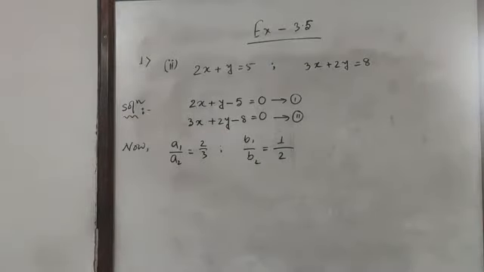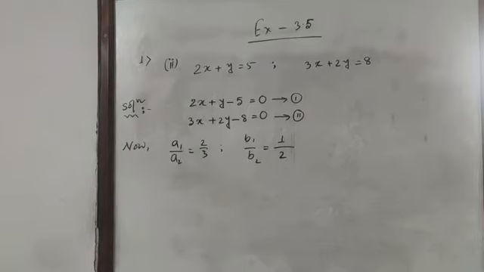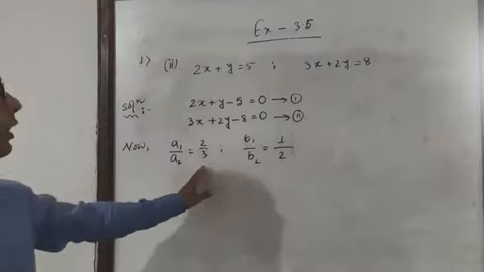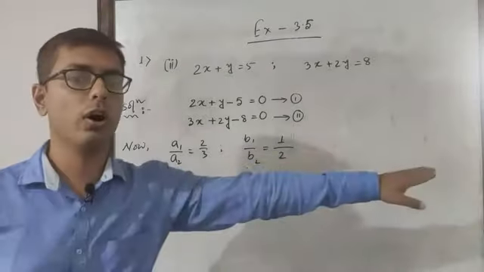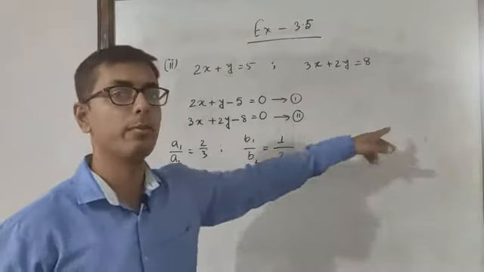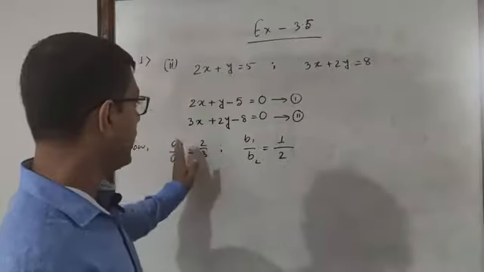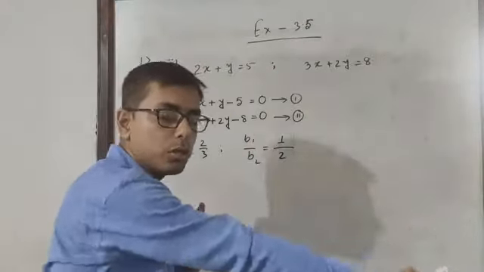अगर a1 by a2 और b1 by b2 पहले ही not equal निकल गए हैं, तो हमें c1 by c2 तक नहीं जाना है. Is that okay? If a1 by a2 and b1 by b2 are not equal, then you need not to go for or need not to write for c1 by c2. Okay? If they are equal, then only you will go to c1 by c2.